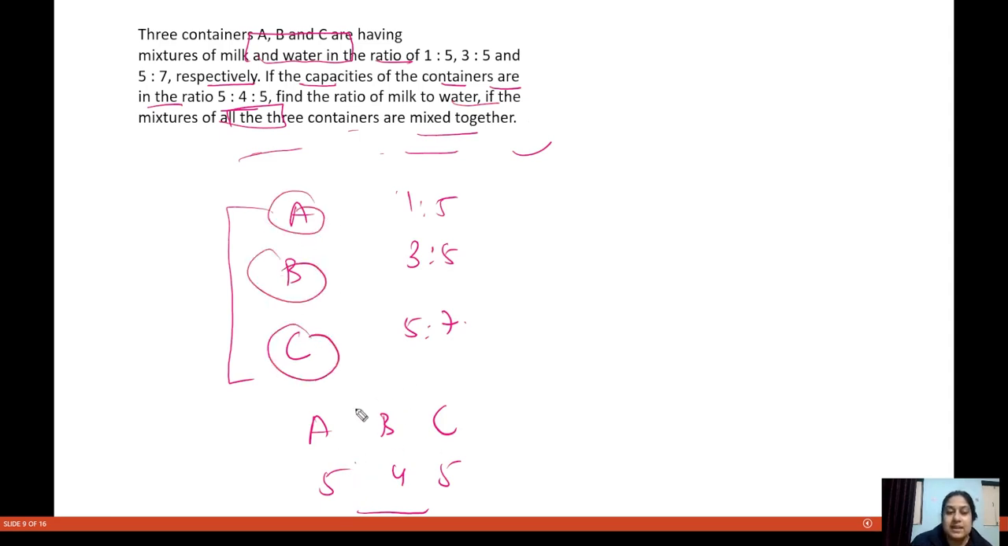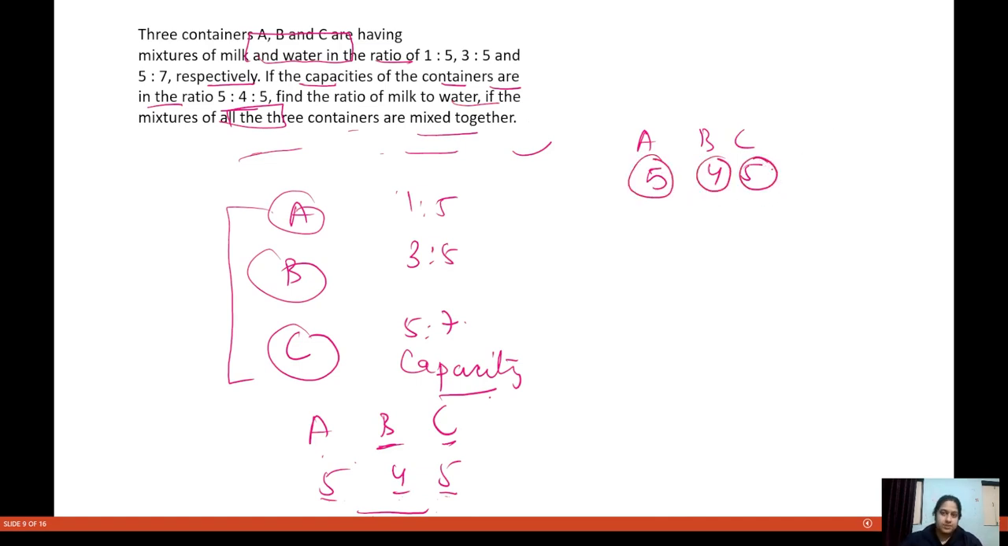Fine. So, for example, let us take that A, B, and C have the quantity in the ratio 5 is to 4 is to 5. Now let's say that in this container you have 30 liter. So that means in this container also you will have 30 liter, and in this container you will have 24 liter. But I will consider, because it is asking the ratio of milk to water if all the containers are mixed together, because my 5 plus 7 is coming equal to 12,